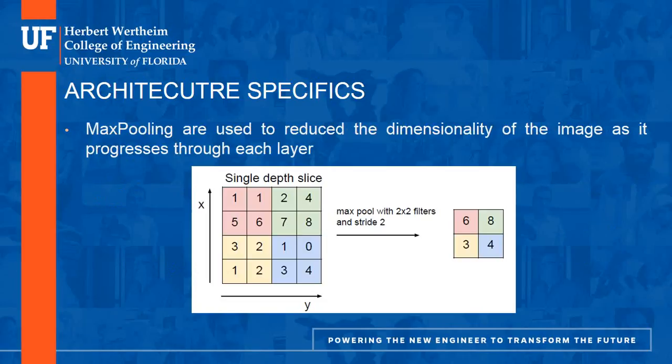As stated, max pooling is one of the techniques that is used to reduce the dimensionality of an image by selecting the important features alone. If we look at the picture in the slide, it is a 4 cross 4 matrix. Let's consider that to be an image. So if we apply a max pool layer of, say, dimensionality 2 cross 2 with a stride of 2,